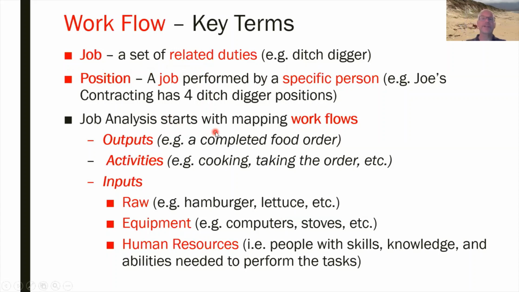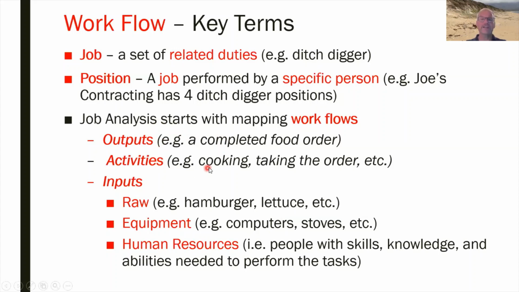Now, where job analysis comes in is where you start mapping these workflows. Okay, and I'll go through this in detail on the next slide, but really the parts are the outputs, activities, and inputs. So let's go back to Bill's order of a bagel BELT with a large coffee and 1 cream. All right, so the outputs of that, what's the work involved in that? The outputs, obviously, the completed order. So the order is paid for and packaged, and Bill has his bagel BELT and a large coffee with 1